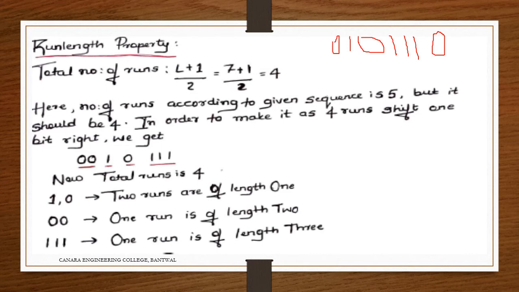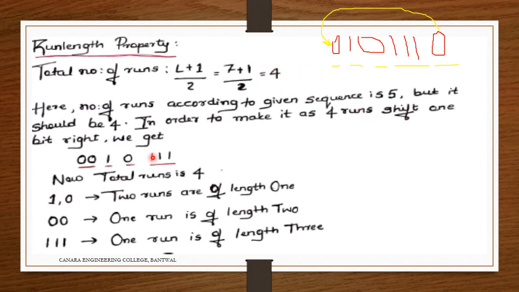Okay, what is the number of runs? The pairing I'm going to check here. See here: 1, 2, 3, 4, 5, but it has to be 4. So how will this occur? At that time I'll shift this one here. It will be this way: 0 0 1 0 1 1 1. So 0 0 is 1 run, 1 is 1 run, 0 is 1 run. The similar bits I'm going to pair, so triple 1. This is what we call the number of runs.